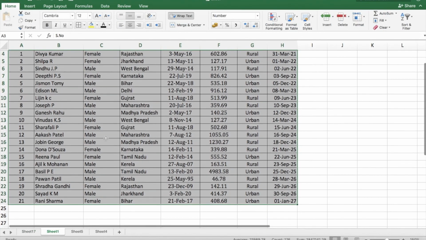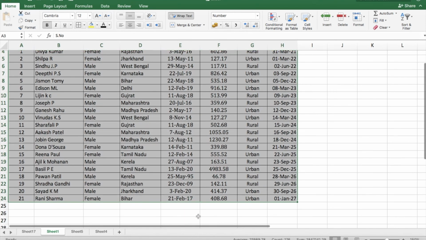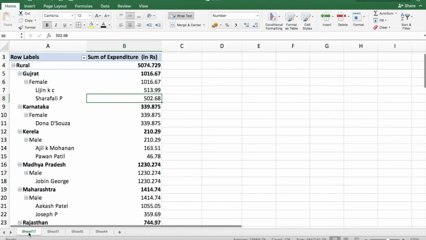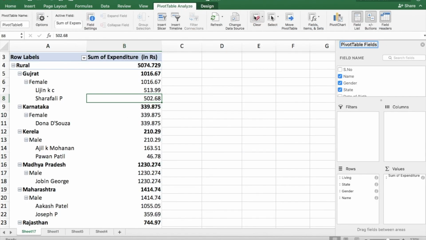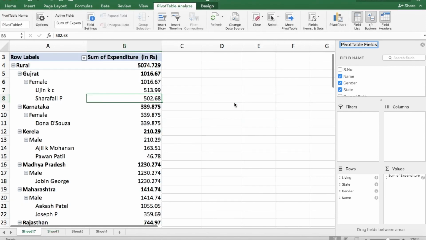I can also change my source. For this, I have created a pivot. I want this to be extended or data is being brought from somewhere else. So I can simply change my source with the change source option. It is initially showing the location from where I have created the pivot. It is asking if I'll select any other data. As of now, I'm sticking with my previous source. So this way it is useful.